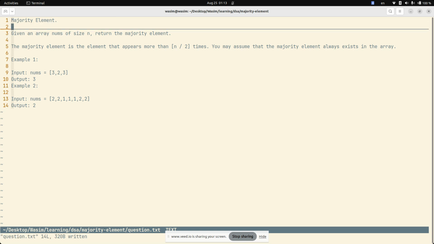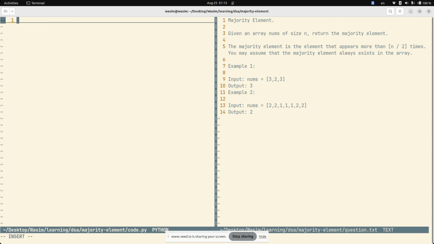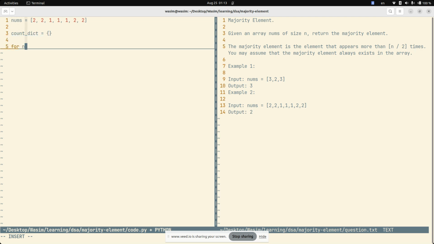So let me write very little code just to help if you do not understand that. I can say this is my nums, this is my input. We won't write the whole solution, we'll just look at part of it. If this is a hash map, I'm going to call it count dict. Then for an item in nums,